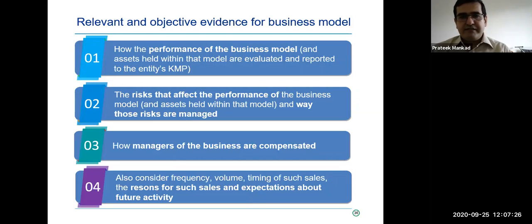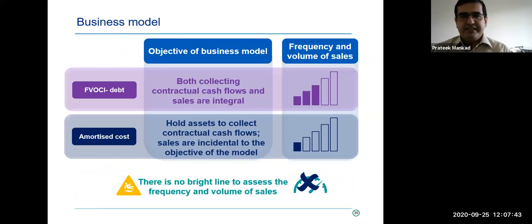So the more frequent the sales, the more regular the sales, the greater the sales, the more the assessment goes to FVOCI. The fewer the sales, and the more you hold the money or hold the loans, amortized cost is the answer. So in a traditional services or manufacturing entity, maybe not too critical a decision point, but if you're an NBFC that is applying Ind AS, this is an extremely important one.